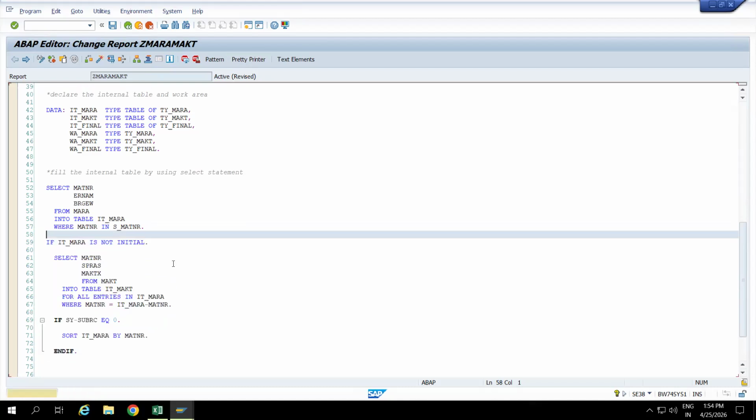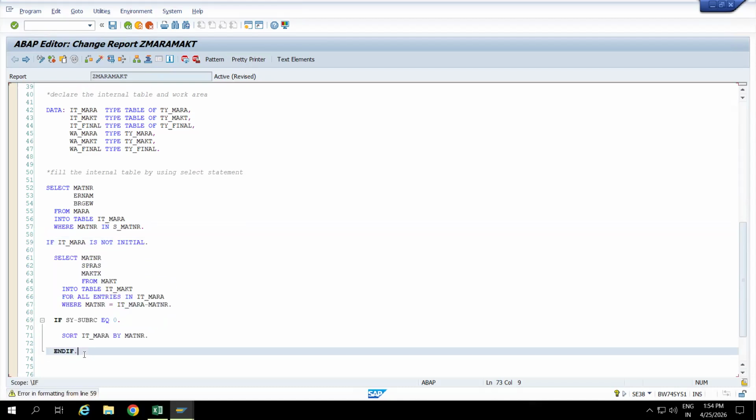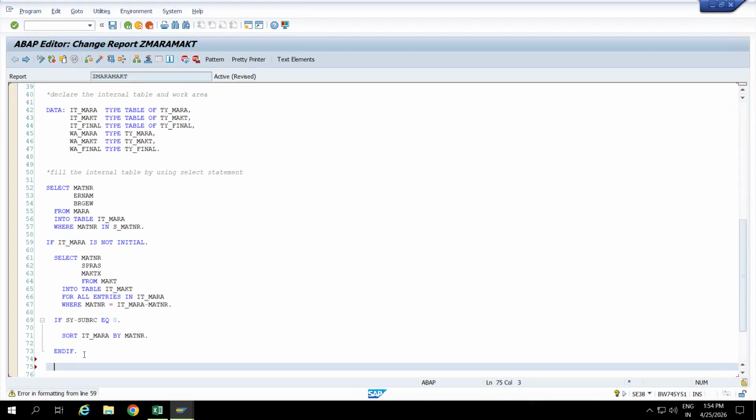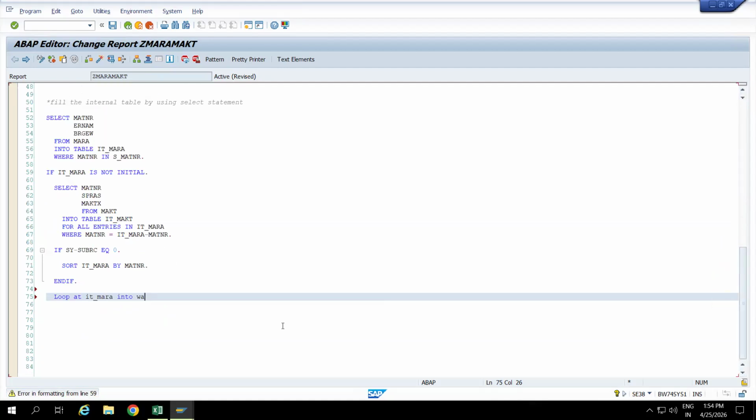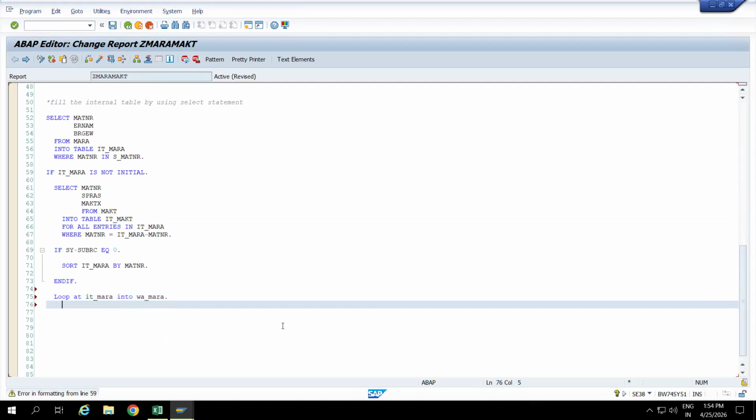City printer, and now loop. It will start loop. Loop at IT_MARA into work area. Let me bring loop. We stop with end loop. We need to give end loop. Okay, once you give end loop,